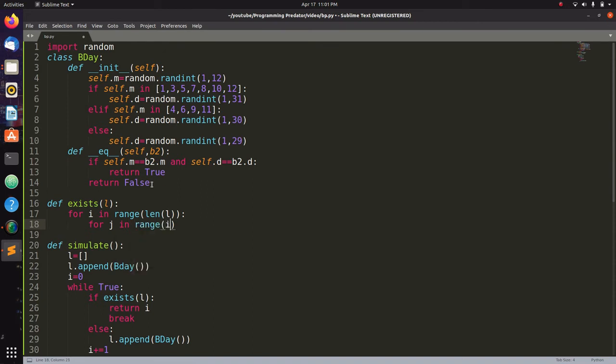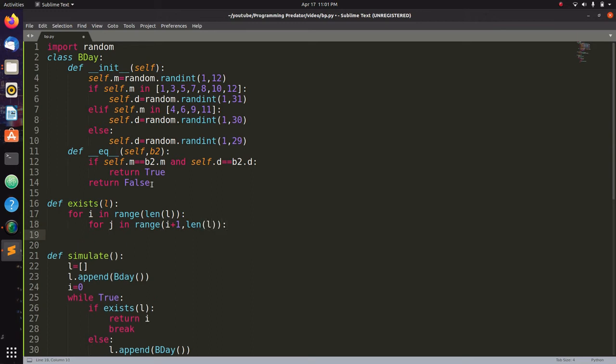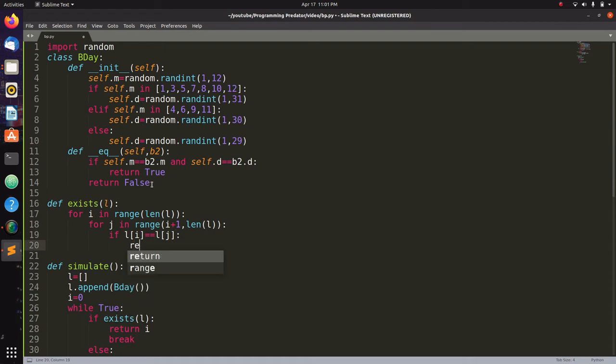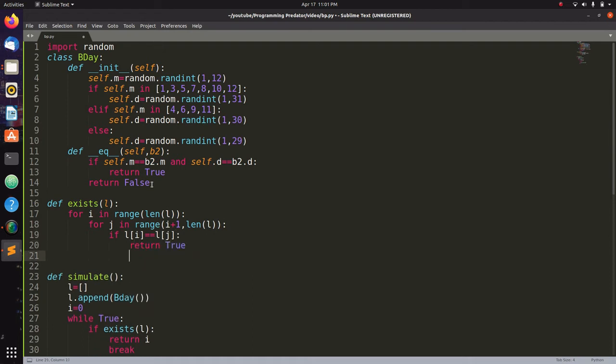In range i plus 1 till the end. So now here if L[i] equals L[j], return True. Else return False. What this L[i] equals L[j] will do is call this __eq__ from here. So this is what I was trying to tell you at that time. I hope you understand now.